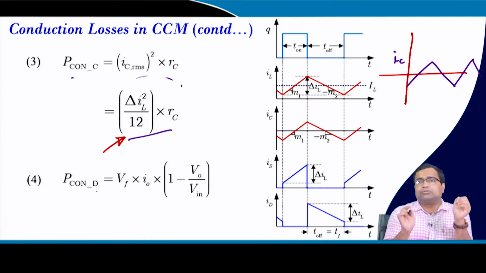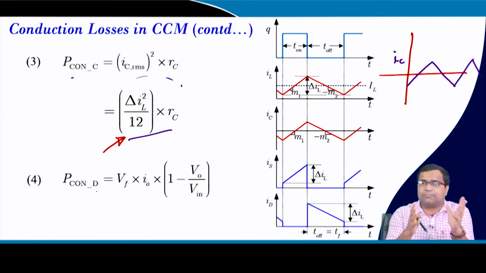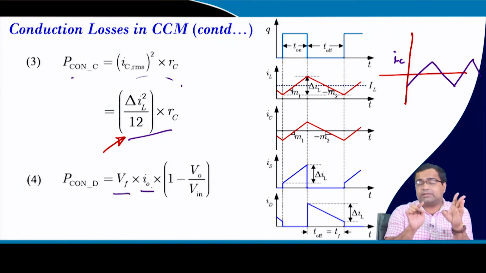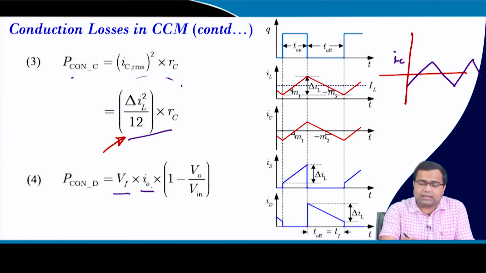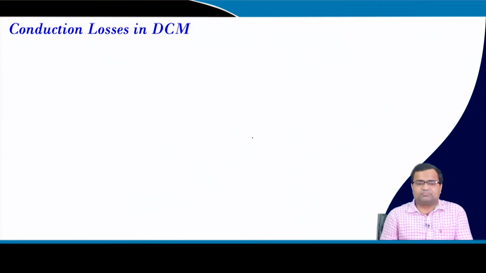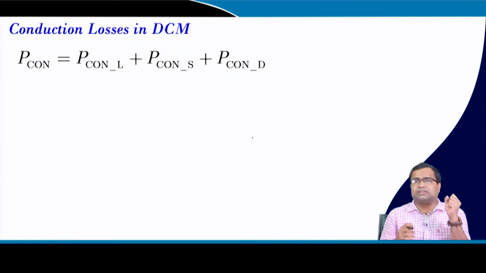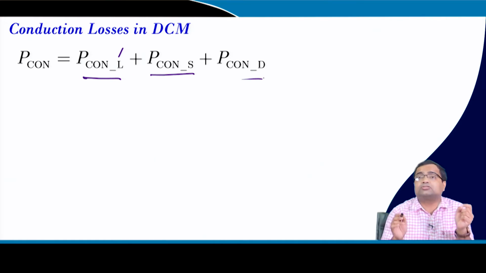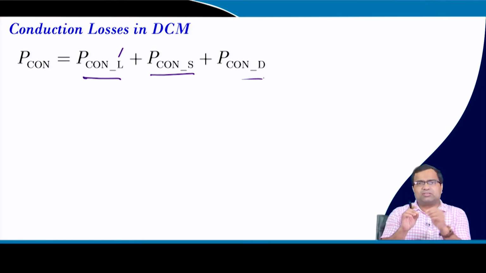The conduction loss due to the forward voltage drop, that means if you take a diode-based architecture, is the forward voltage into the average current during the off time, which is the same as the inductor current, the average load current, and this diode will conduct during 1 minus D. So, this corresponds to 1 minus D. But if you take discontinuous conduction mode, we will have conduction loss of the inductor, conduction loss of the switch and the conduction loss of the diode, but here the ESR loss is negligible.